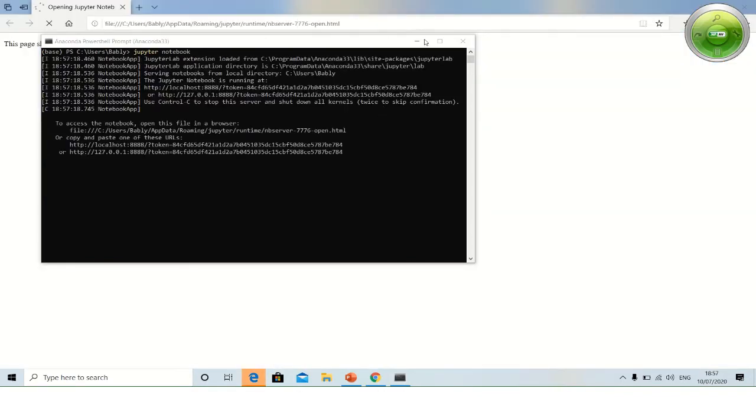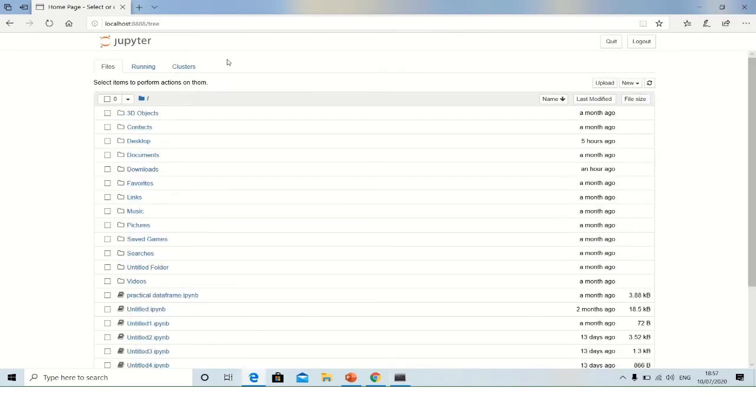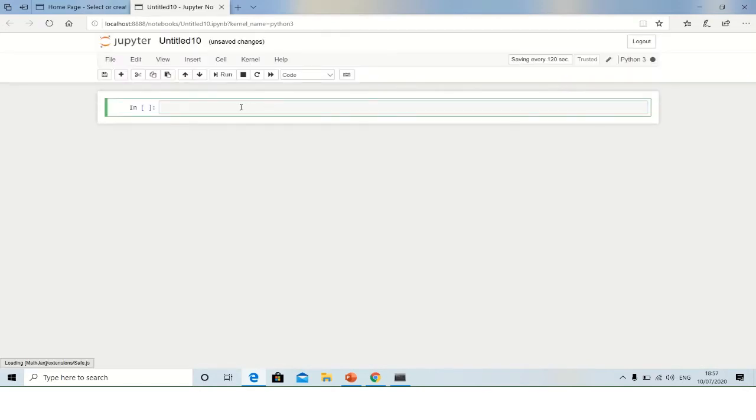Here you can see the Jupyter page has opened. To run your program, click on New, then click on Python 3. A new page will open, and on that page you write your code.